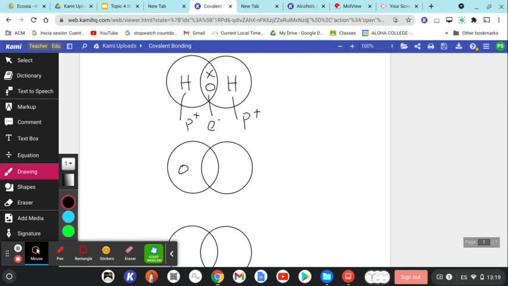Each oxygen has 6 electrons in its outer shell. Now, if they just share one electron, that would not work for them to have 8 electrons in their outer shell. Instead, they need to share 2 pairs. So if we draw that, let us put first the 6 electrons of one oxygen atom, and in circles for the other one,